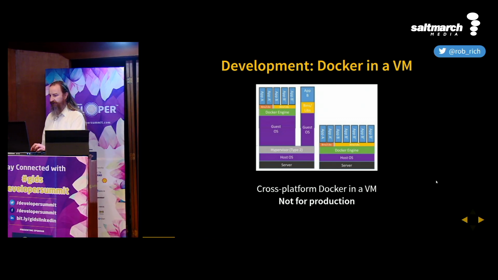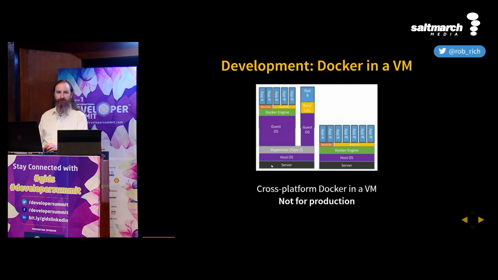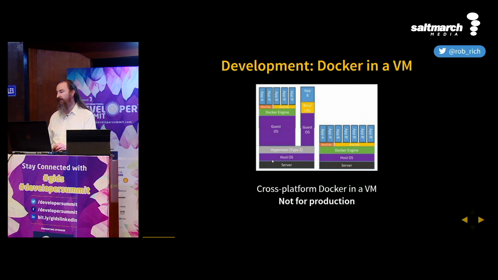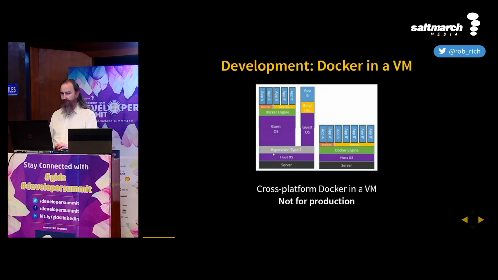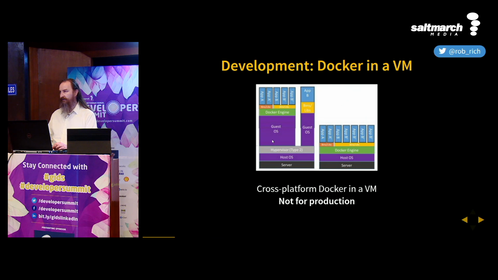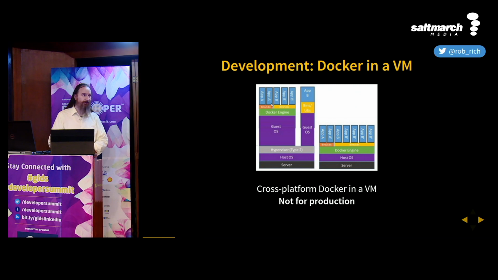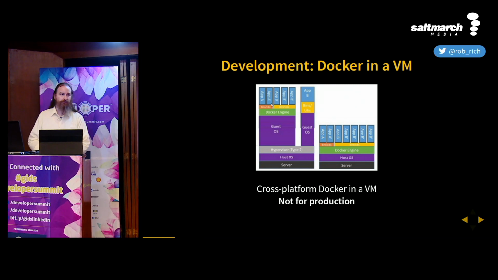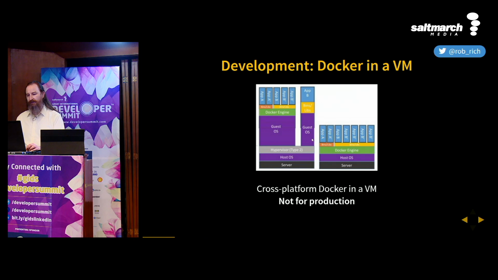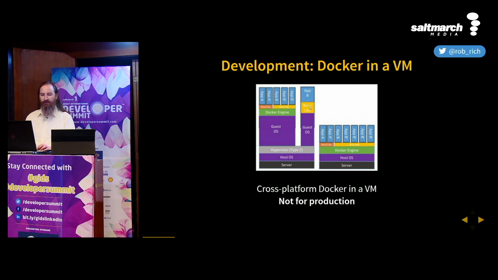So I have my server. In this case, it's my laptop. I'll install my host OS. Maybe this is Mac OS or Windows. I'll install my hypervisor. In the case of Windows, it's Hyper-V. In the case of Mac, it's HyperKit. And then I'll install a guest OS. Let's make this Linux. And then I'll install the Docker engine inside of Linux. And then I'll be able to run my Linux containers. And that's how we can do Linux containers on non-Linux operating systems. We'll do this virtually. And since we have a hypervisor, we could run other VMs as well.